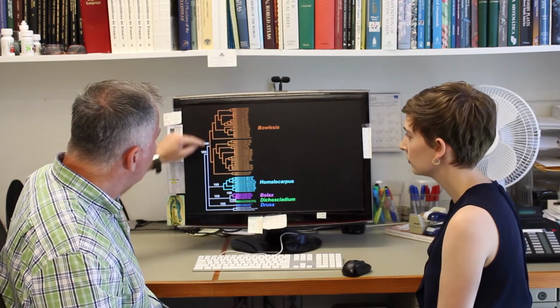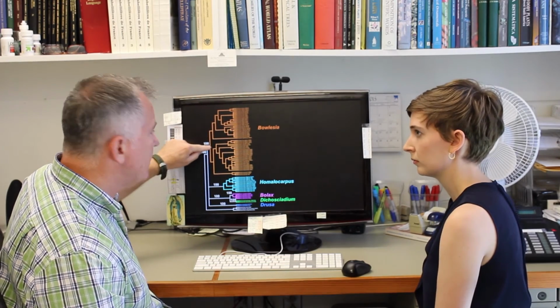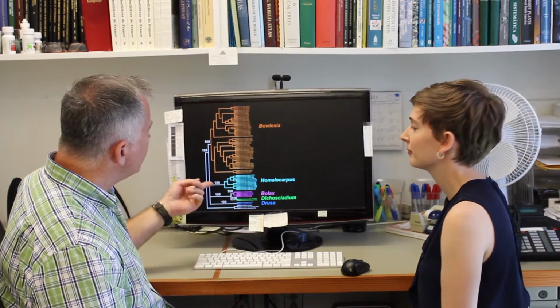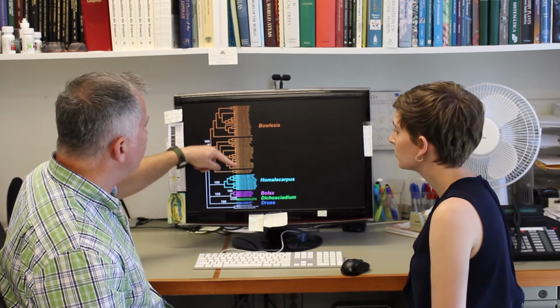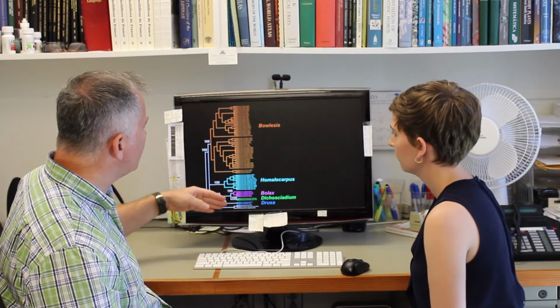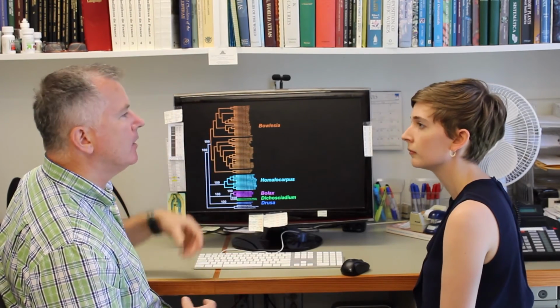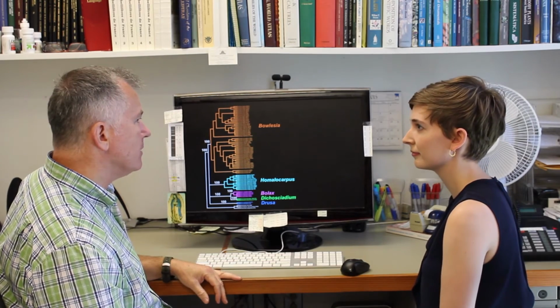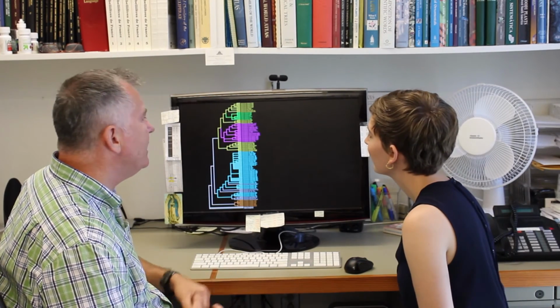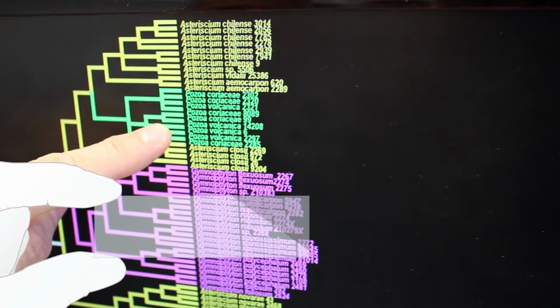All the Belisi groups would share a series of characters that can be mapped out along that branch. And another thing that this tree shows is that all the species that were originally placed in Bolesia come out together. This is a case where our sort of modern techniques are completely agreeing with and confirming the results of earlier scientific work. This is a tree of related groups in the same family, and what we see here is the